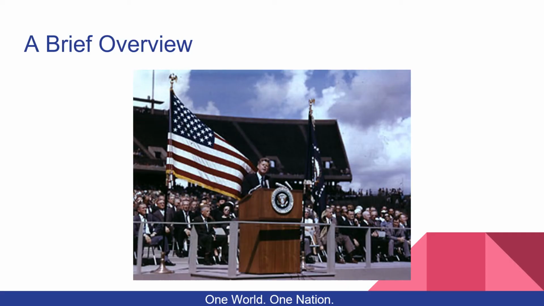The Apollo program was a series of missions that ultimately led to humans landing on the moon. But why was the Apollo program created? Well, in 1961, President John F. Kennedy gave a speech about the need to explore space. In his speech, he said that mankind would land on the moon by the end of the 1960s. NASA in turn created the Apollo program and reached the moon in 1969.